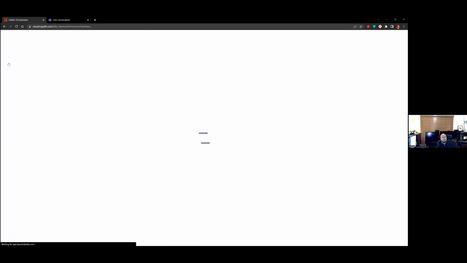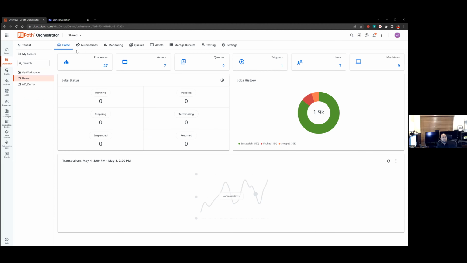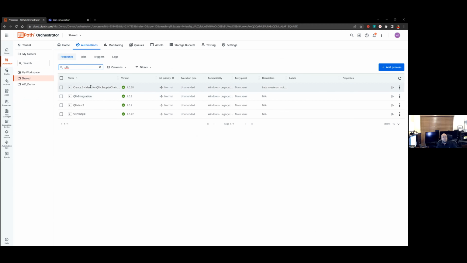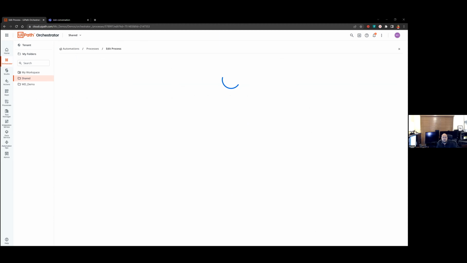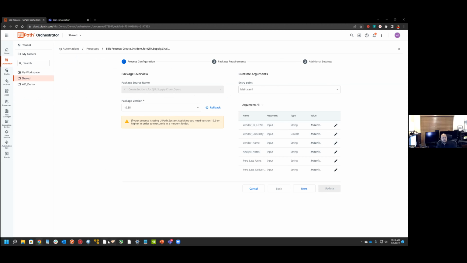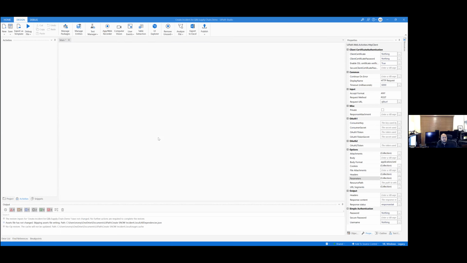But all we're going to do from Qlik is call that process that Dalton just referenced. So if I look up my create incident process here, I've got my automation. And if I click on edit, you'll see the only other really critical piece is my inbound arguments. So I've got input arguments as part of my workflow. And if I pull that up just really quickly in Studio as well,